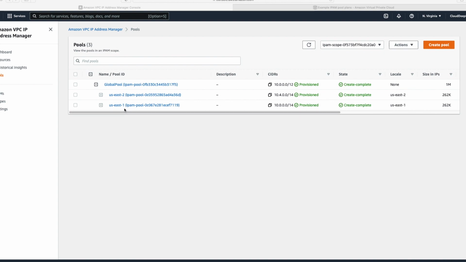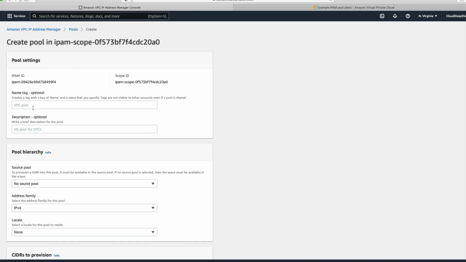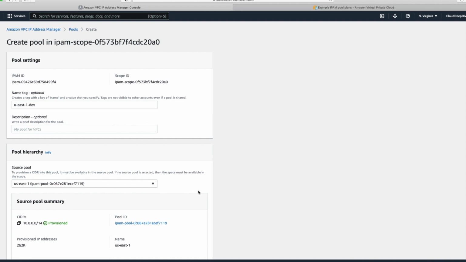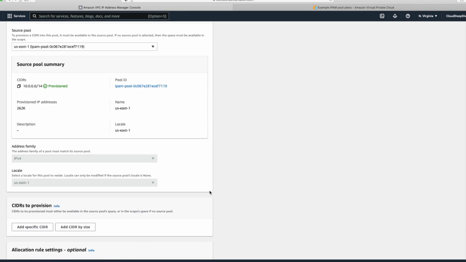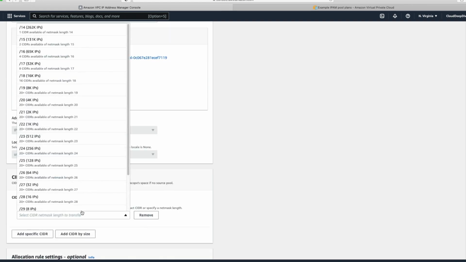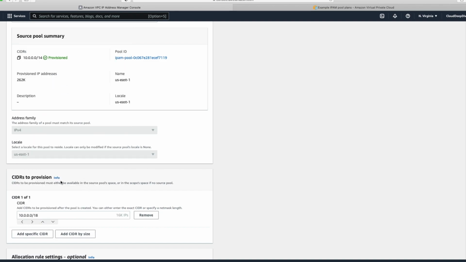Now what we'll do, under US East 1 we'll create a development pool as well, so that any development related IP address will be assigned from that pool. We'll go to create pool, and then we'll say US East 1 dev, and my source pool will be my US East 1 because from there I want to assign all the IP addresses. My locale will by default be US East 1 because it belongs to the US East 1 region. And again, I can say that I want to assign /18